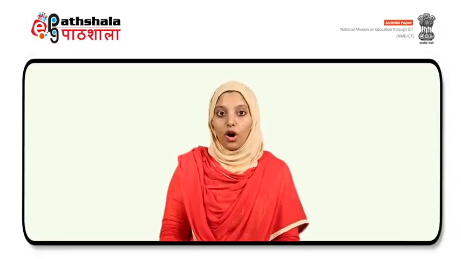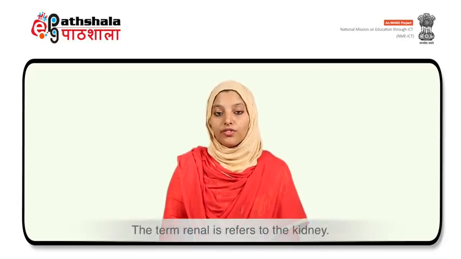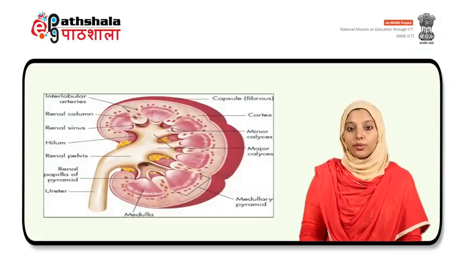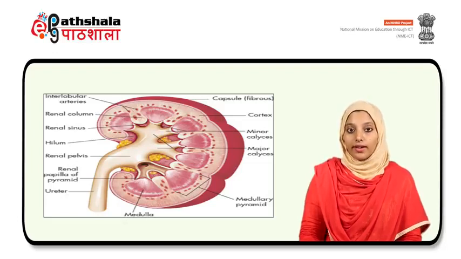Before we come to know how doses are adjusted in renal and hepatic failure, we should first know about renal and liver function. So first, in renal function, we know that the term renal refers to the kidney. The kidneys are two bean-shaped organs located near the middle of the back just below the rib cage. Kidneys are composed of different parts including the cortex, medulla, renal papilla and renal pelvis. The figure in this slide shows the structure of the kidney.